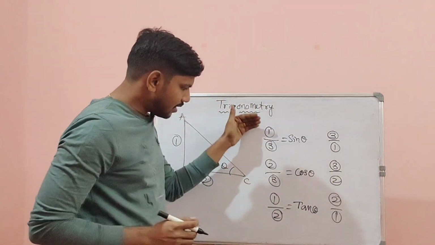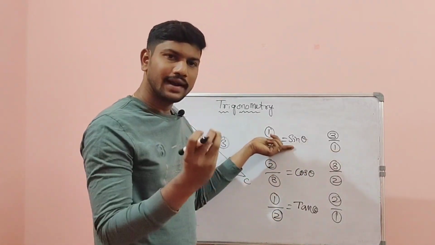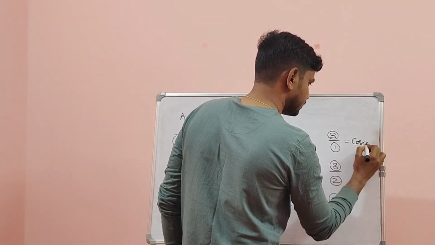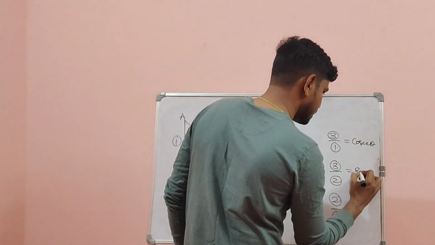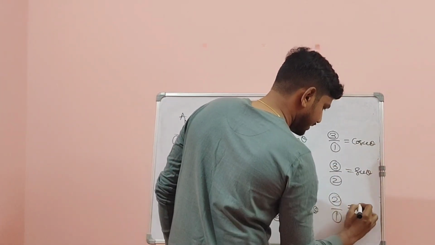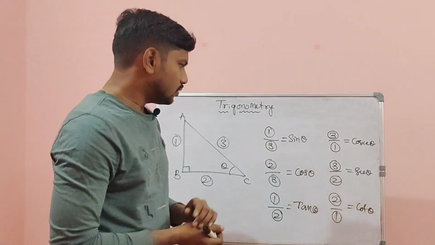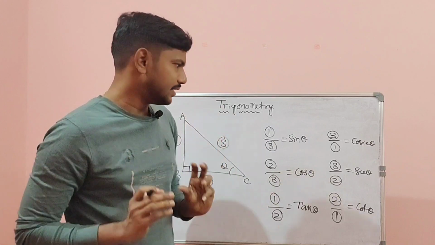Now observe, all these 3 ratios have reciprocals. Sin reciprocal is called cosecant, so I can replace it as cosecant theta. Cos reciprocal is secant theta. Tan reciprocal is cot theta. So very simple, right? We can also remember these with a small hint, that is